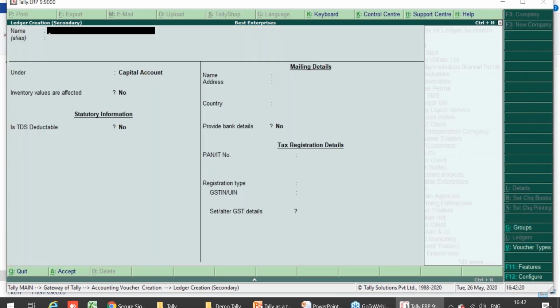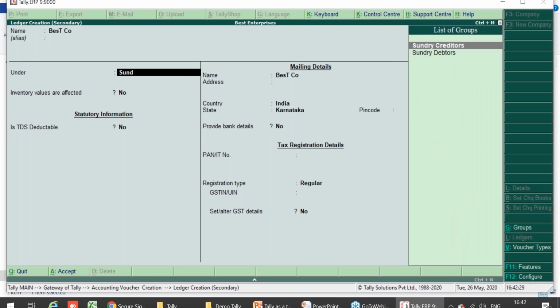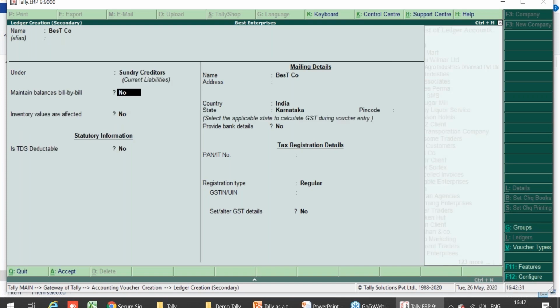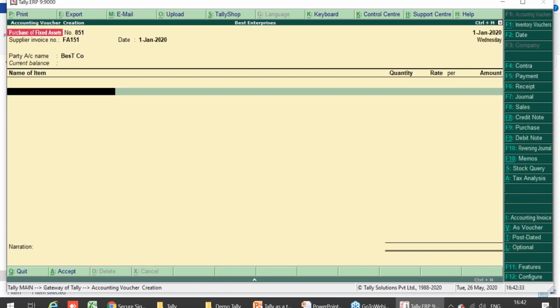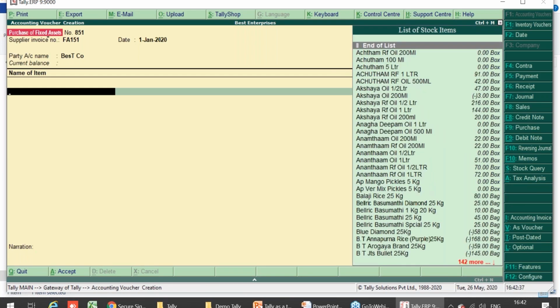Best Company Limited or something, and it's a sundry creditor. For time, I'll not do any other further configurations, and I have a computer that I've purchased.